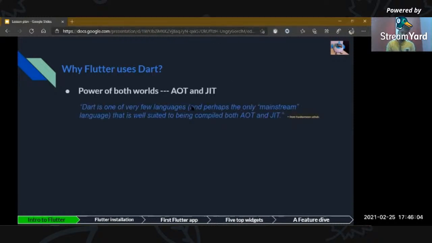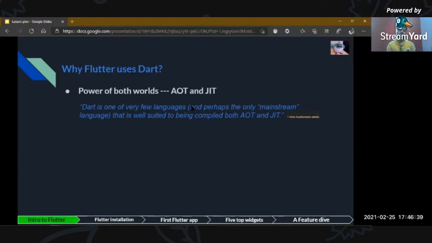I've also gone through a hackathon article, and I'll share the link of that article. It is a great article to read on why Flutter uses Dart. It mentions a line there, I don't know who has given this statement, but they said that Dart is one of the very few languages and perhaps the only mainstream one that is well suited to being compiled for both AOT and JIT.